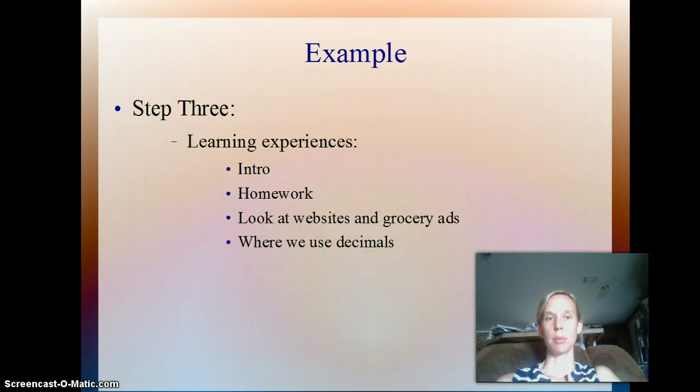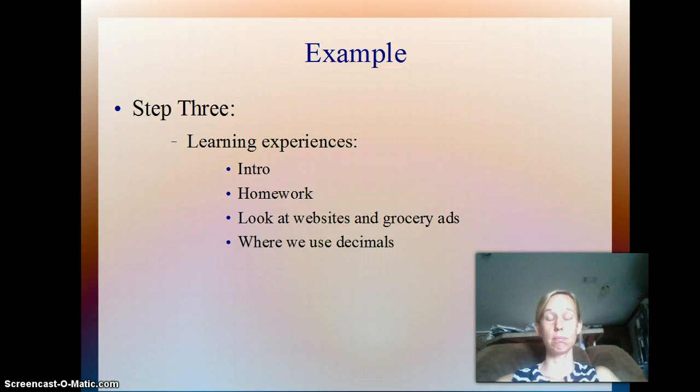And that kind of leads into step 3, the learning experiences. Of course, we would need to introduce decimals. If they've never seen them before, some of them have, some of them haven't. If you get new 6th graders in from other schools, you would hope that they've seen decimals before, but you cannot always assume that. So you need to introduce decimals, talk about place value a little bit, come up with a few homework assignments or some short classwork assignments that allow the kids to at least work on it before they're split into groups. Look at the websites, look at the stores, look at the grocery ads,